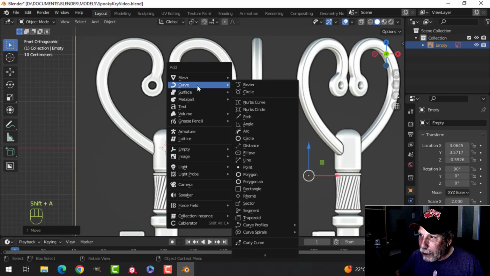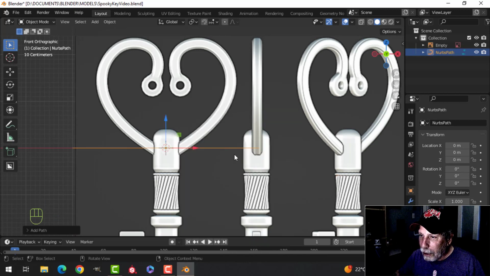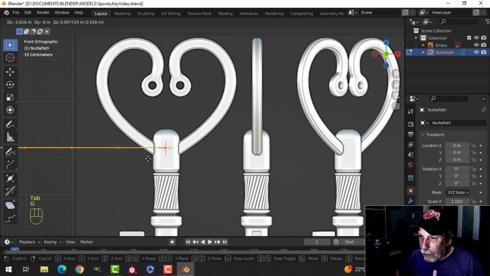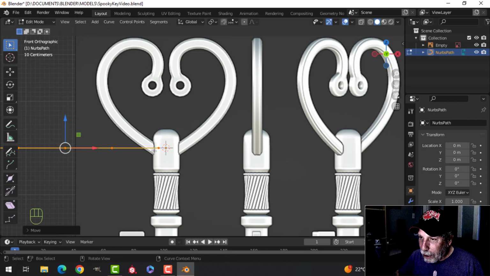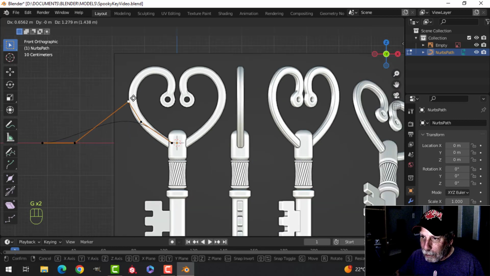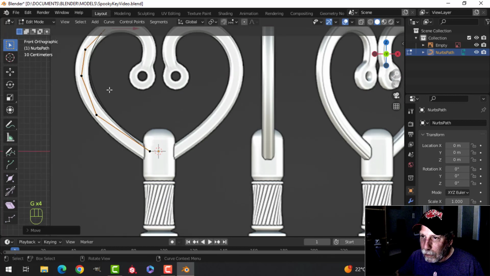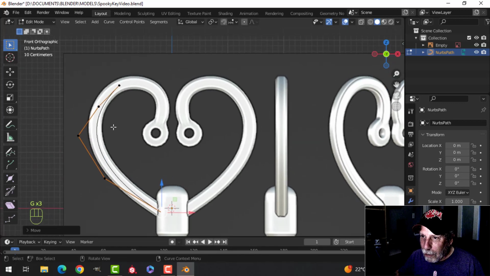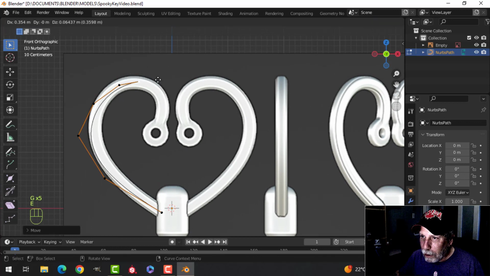Let's bring in a curved path and just drop this somewhere down around here where this one would join to that piece. And we'll just pull these points up around and start making a curve that we like. And as always, we won't be exactly the same as the diagram, but we will end up with a spooky key, I hope. We're going to extrude out